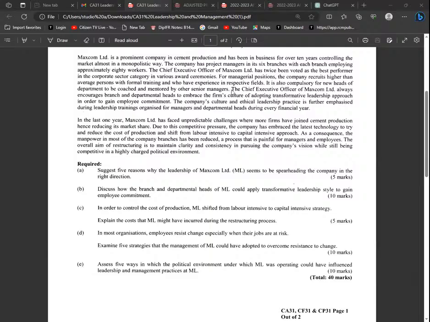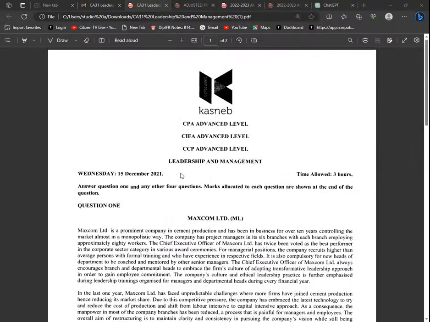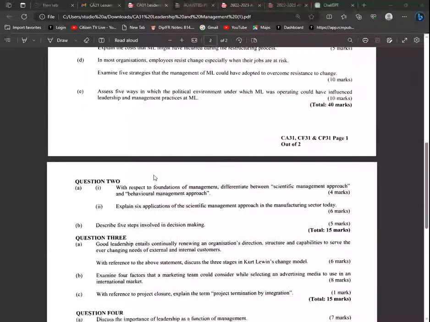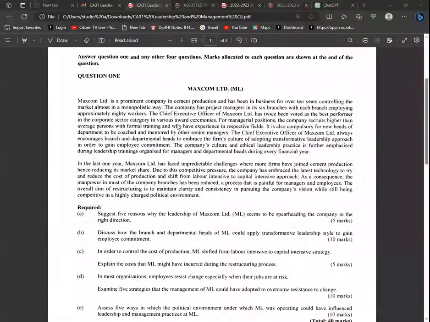Okay. Which year? Okay. Have they gotten this question paper really? It's December 2021, question 1. Have they gotten this question of Maxcom Limited? And then we have E, of course, I've read this. So now I've been able to synthesize the questions. Then I'll now be able to go to my case question.